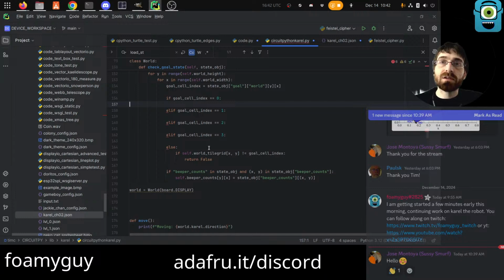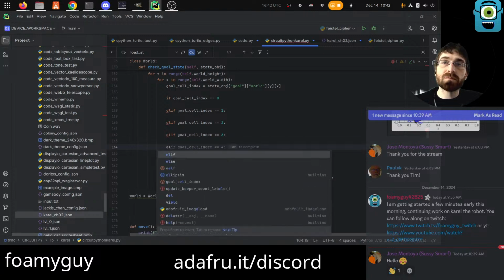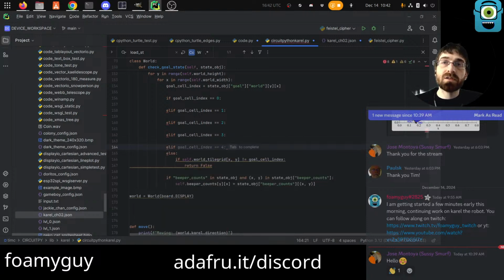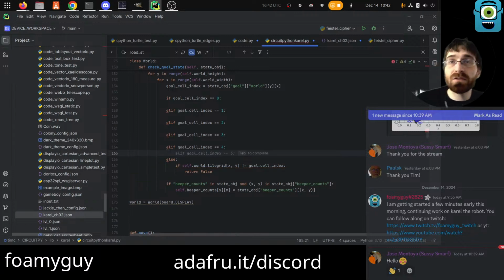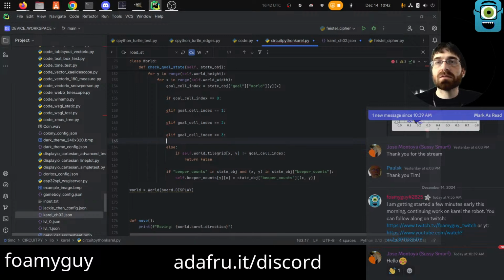Yeah, Karel. We'll actually also need one more of these for the beepers as well, which we'll need in the load state actually too. Will we? We don't actually need it in the load state because we can loop that thing separately. Actually we don't really need it here either, in fact. I mean, we could put it there and it would let us maybe bail earlier, but